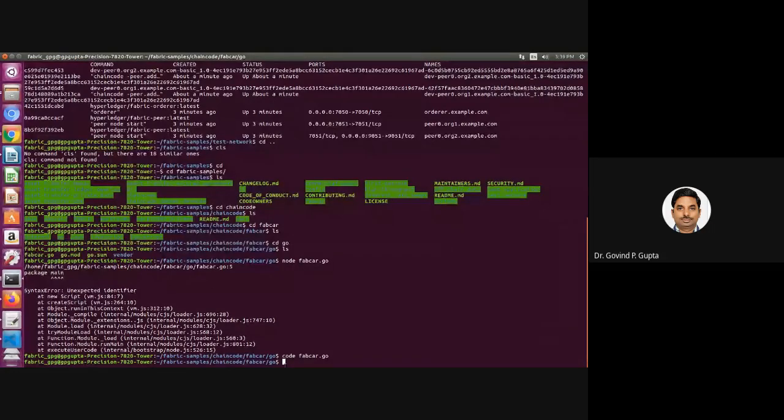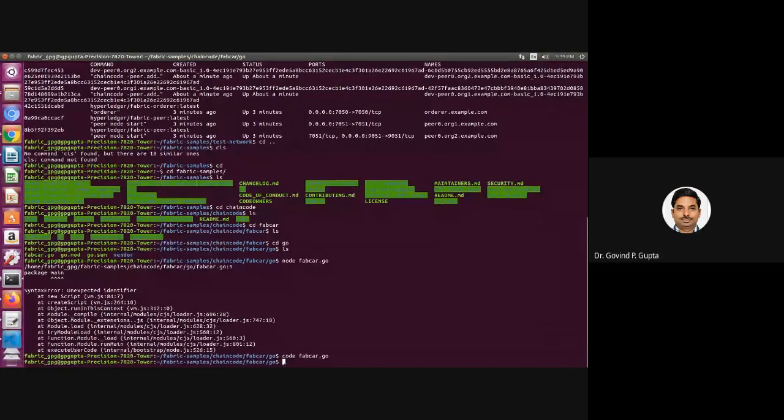Although if you don't know system programming, you can still work. Then go for JavaScript. Write your smart contract in JavaScript, and by default the Fabric SDK for JavaScript is available.